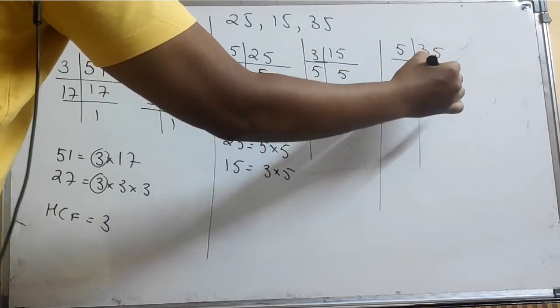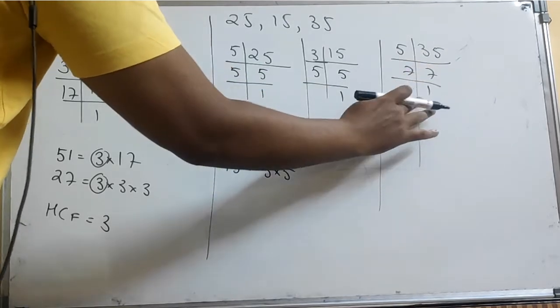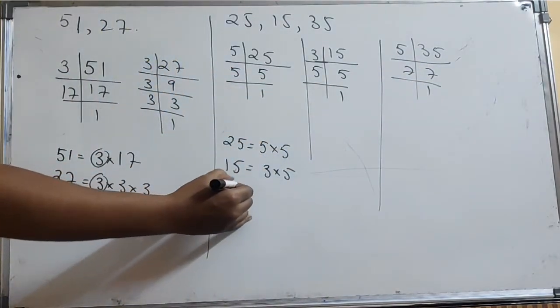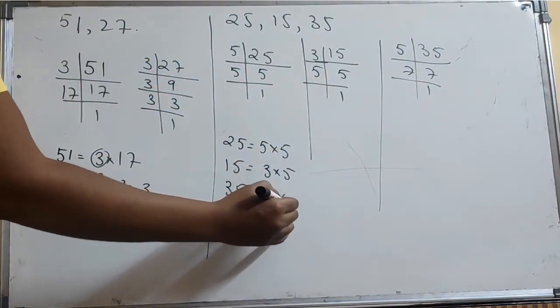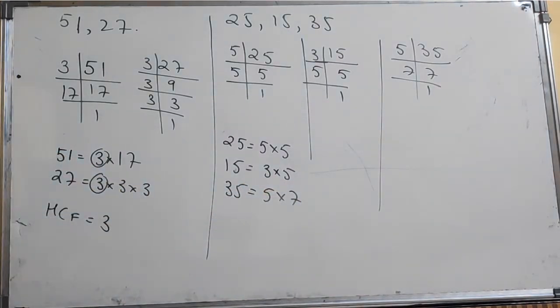5s are 7, 7s are 1. So 35 will be 5 into 7. Now let us look at the common factors. When you are looking at the common factors, understand students, the factors should be common for all the three